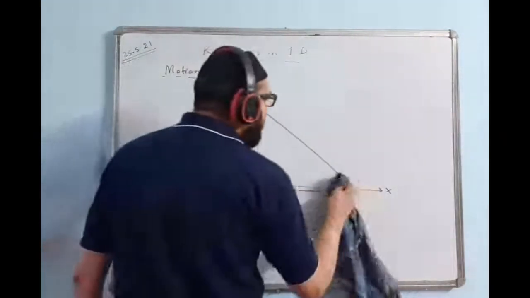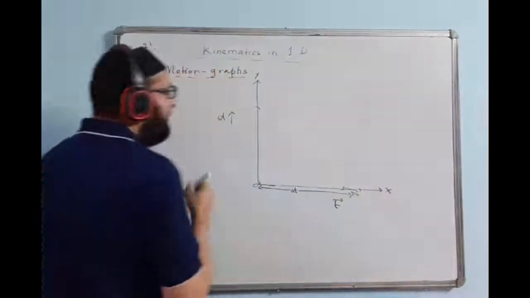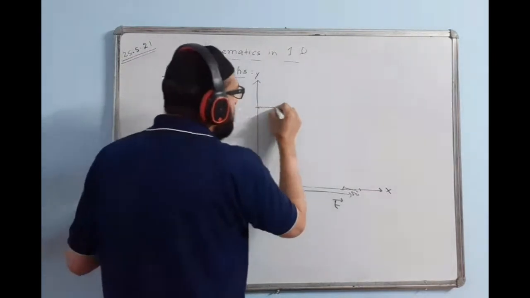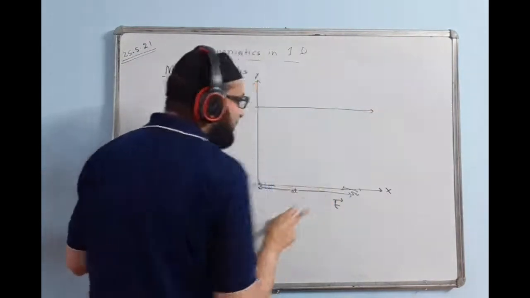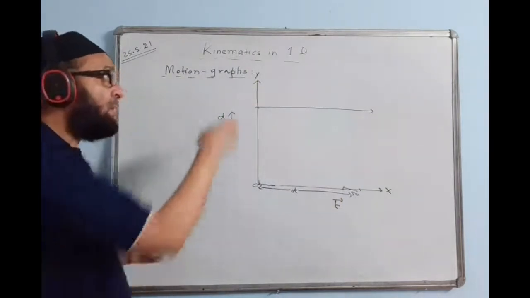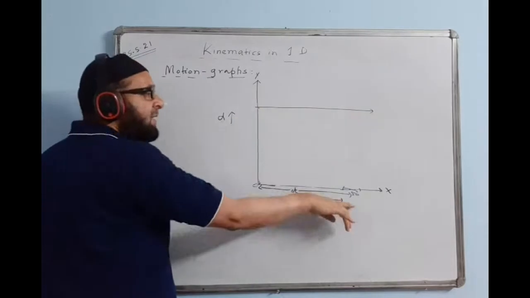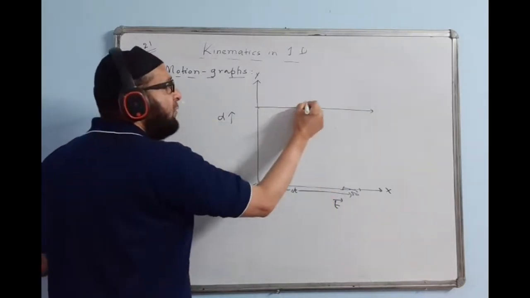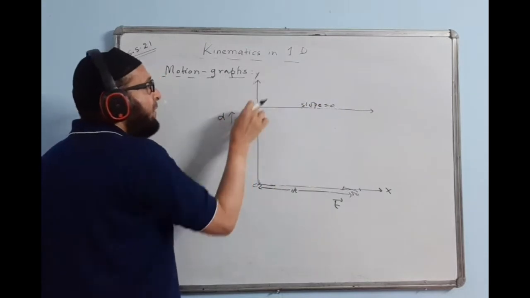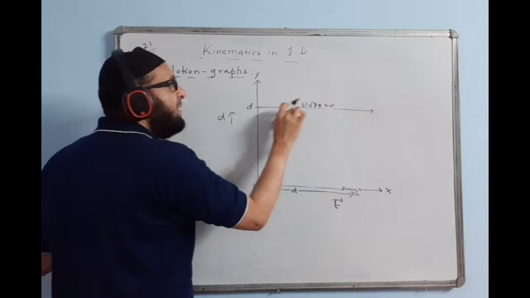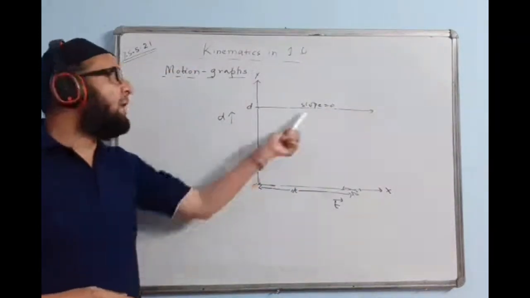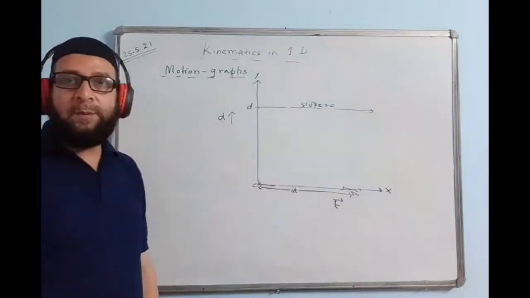Okay, now if the line is parallel to the x-axis this way, parallel to this axis, what is the slope? We say slope is 0. What angle does it make with the x-axis? 0. The slope of this line is 0. That means this quantity is not varying. The value of y-axis is constant everywhere. It is not changing. So the slope value we can say directly 0 because the line is flat. The slope is 0.